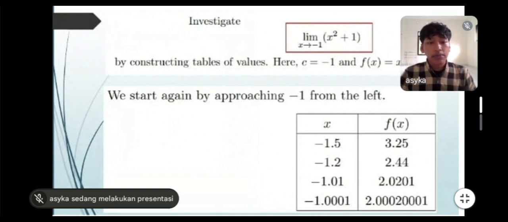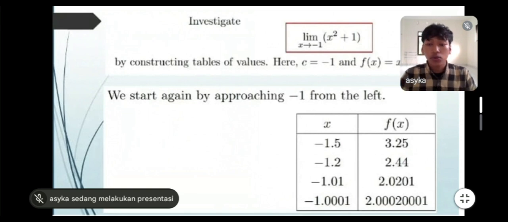We start by approaching minus 1 from the left. We can see in the table x is minus 1.5, minus 1.2, minus 1.01, minus 1.0001, and then f(x) is